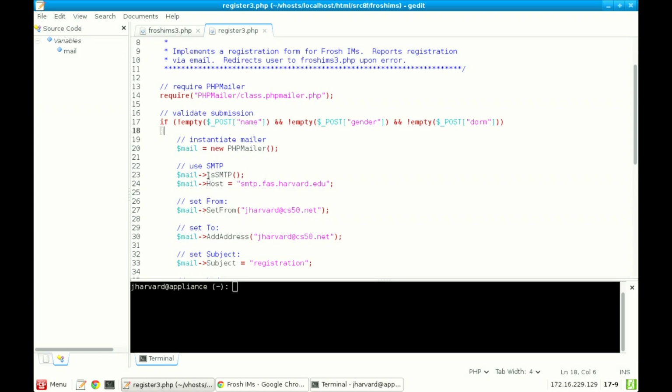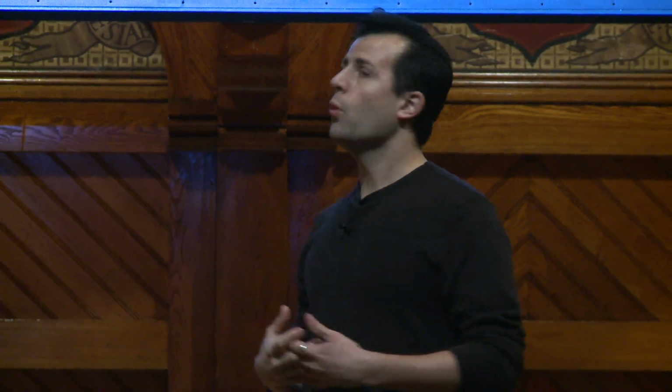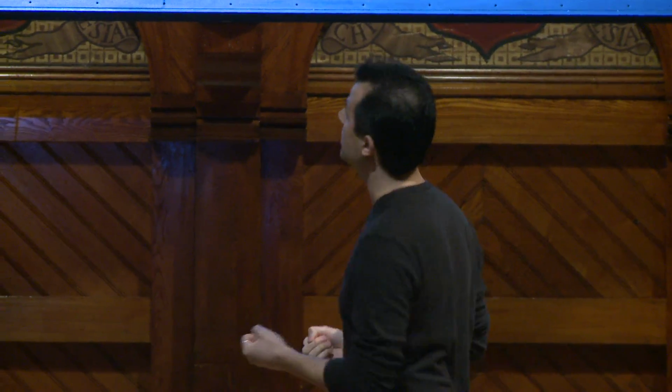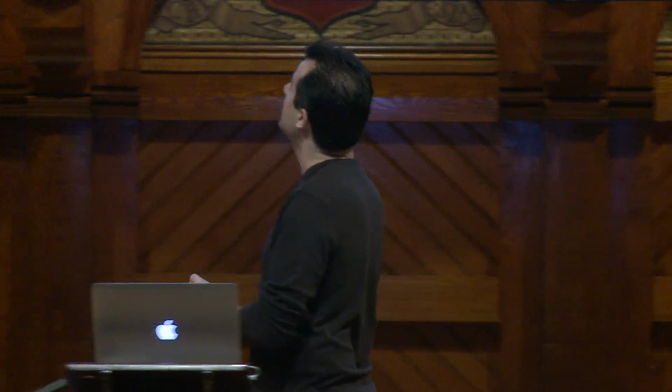Then we called some PHP functions using slightly new syntax, even though it's borrowed from C. This arrow operator allows us to make use of something called object-oriented programming. We won't go into that in any detail here, but know for now it's a way of having functions associated with objects, which are a special type of structure, as we saw in C. But for now, just take on faith that this is the correct syntax to use when using a library like